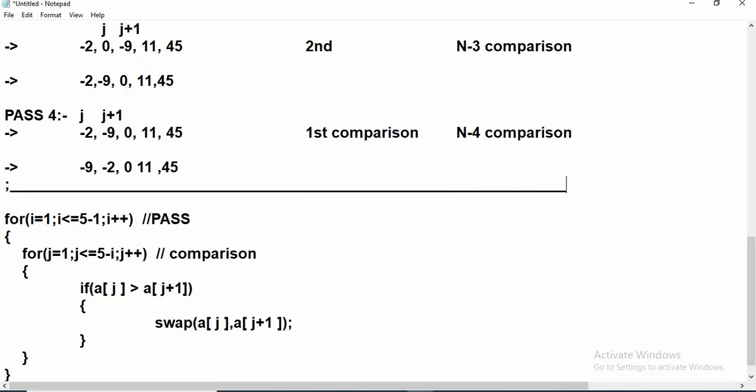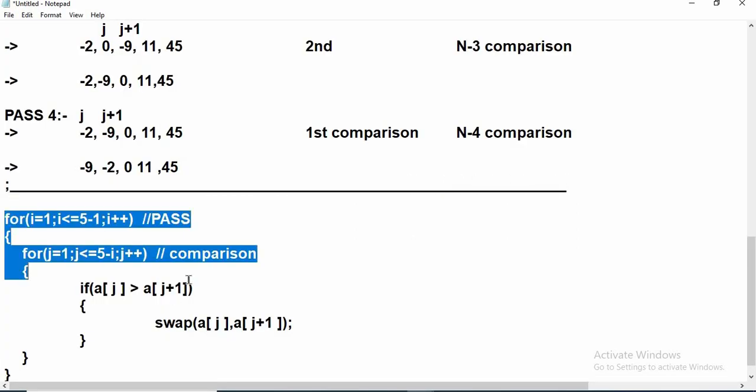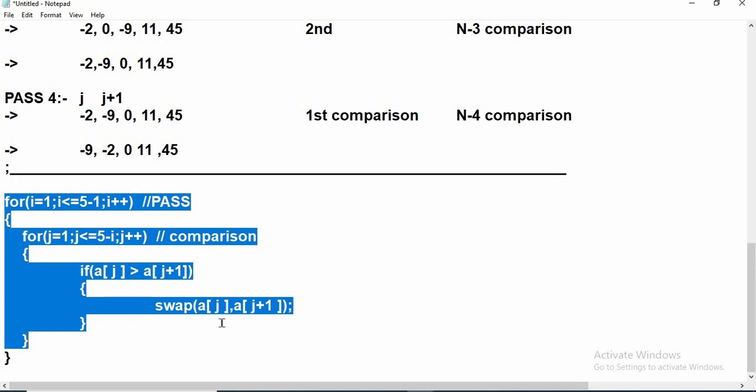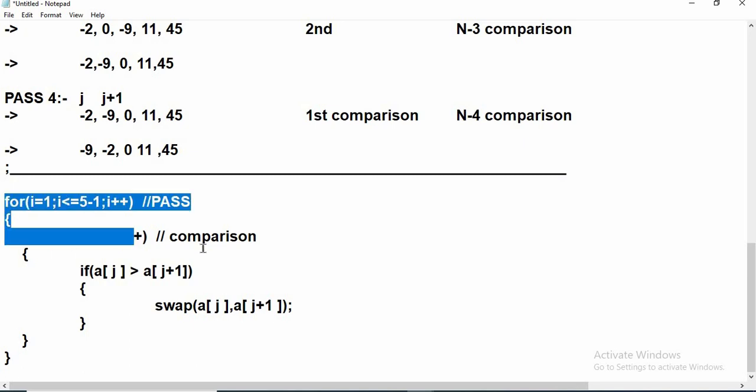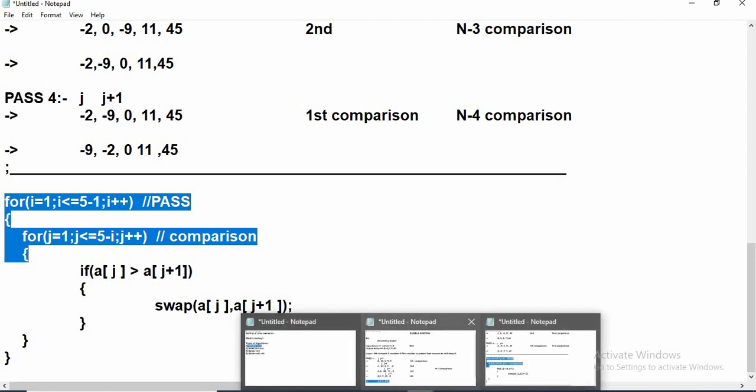I have shown you this one, that is the C program representation of bubble sort algorithm. It has two for loops, that is nested for loop. So this effect can be made in ELP by using loops. So I am going to show it in ELP.